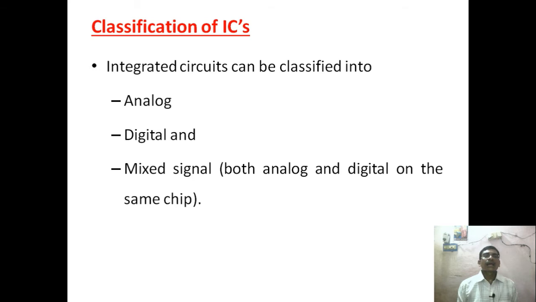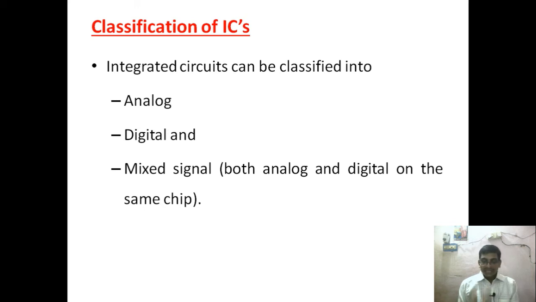Next, the last type of IC is the mixed signal IC. Mixed signal in the sense it is able to process both analog signals and digital signals on the same chip. In these mixed signal ICs, we will have some digital to analog converters. So a D to A converter and an A to D converter will be there. Depending upon our requirement, it will use that A to D converter or not.